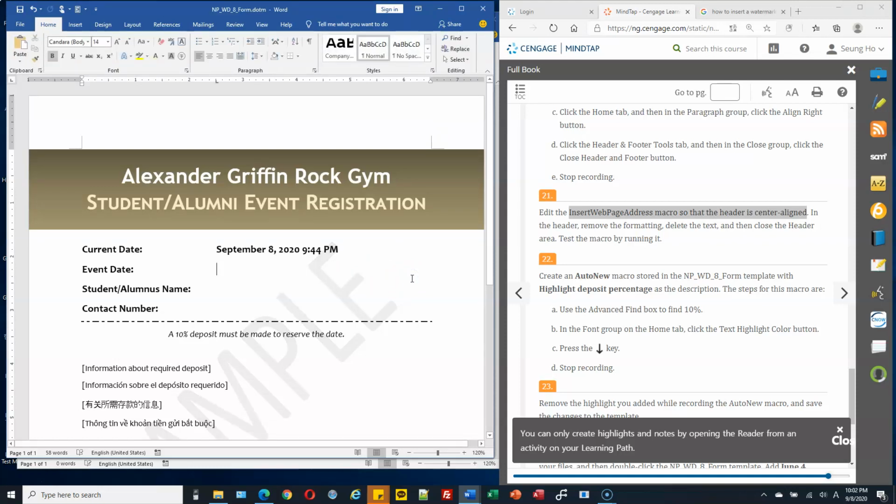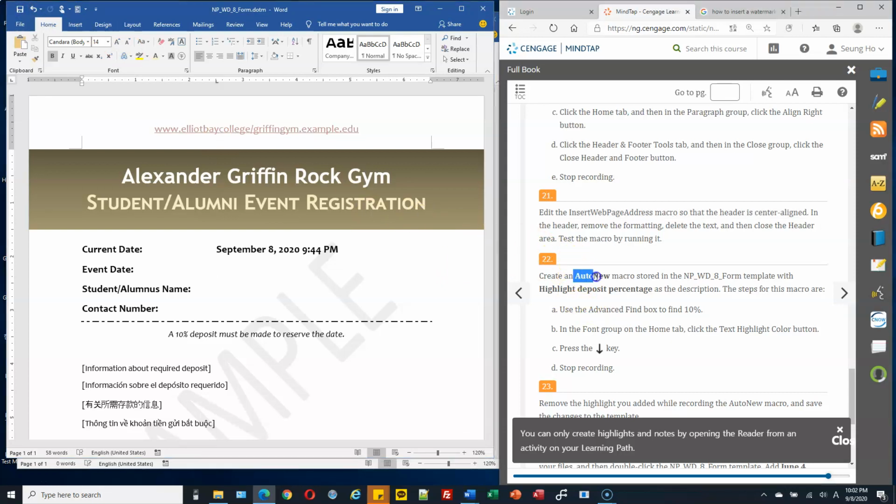Hold down the Control key, Alt key, Shift key, and press B. Can you see it? The macro just ran, copied this address, and center aligned it like this. Now save it.